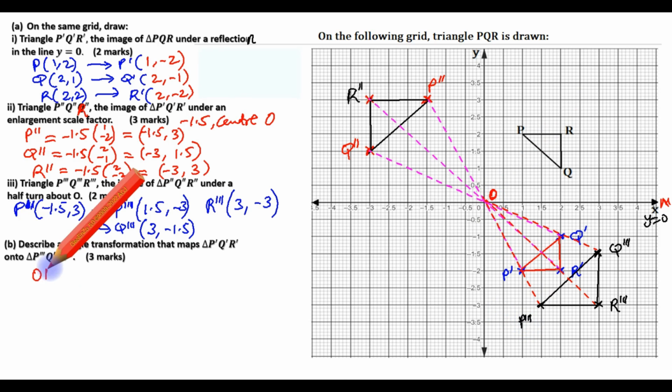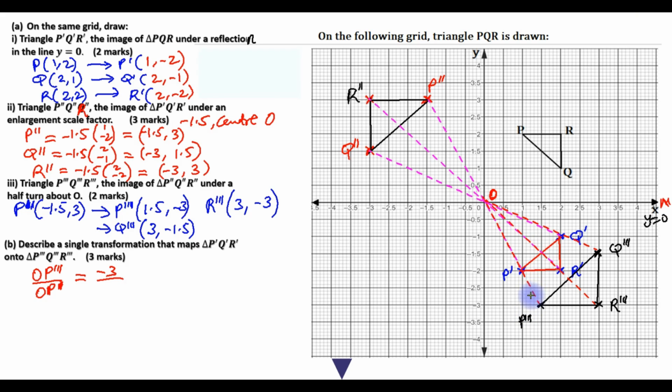So OP triple prime divided by OP single prime will be equal to, in our case here, this will be minus 3 change in Y. So we take that 3 minus 3, and then in the x direction it has actually moved,